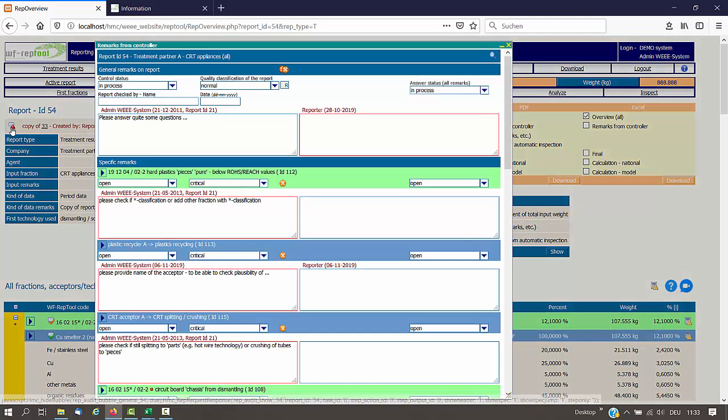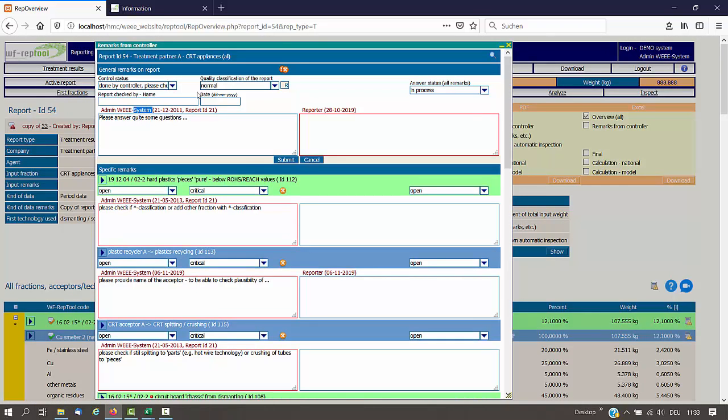report ID. You may add any text, and you may do settings on the control status and the quality classification of the report. There are no rules on the choice. Find your own way. You may have a look at the user manual system level on our examples. You may also add the name of the person who did the control and the date when last changes on